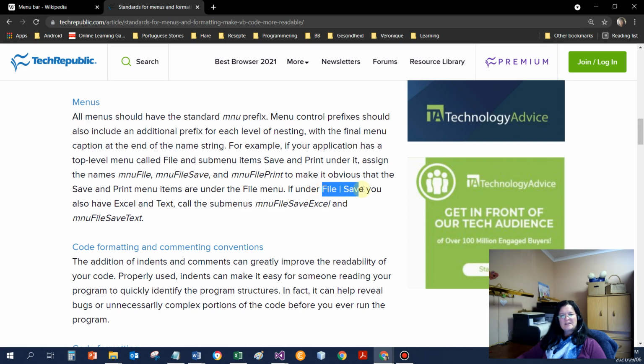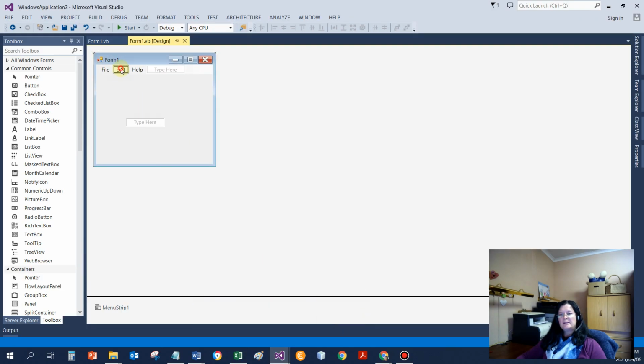But what they explain there is, if I've got a file with a save option, and underneath save I've got two sub options, text and Excel, then call this menu item the full name, menu file save Excel. So to go save to Excel, the menu item is called this full name. If I now go and give a name to,